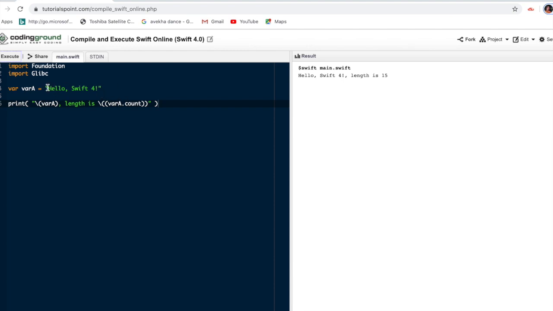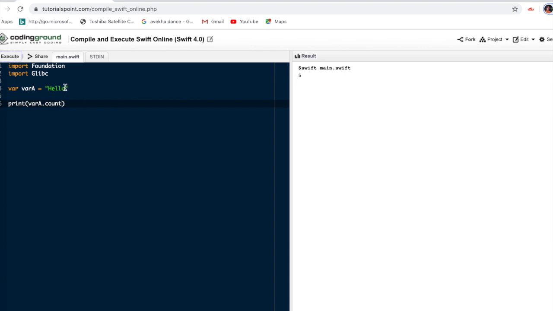I'm just showing, I write hello, and I need to print the length. I write print, var a dot count. The output should be 1 2 3 4 5, so the answer should be 5.